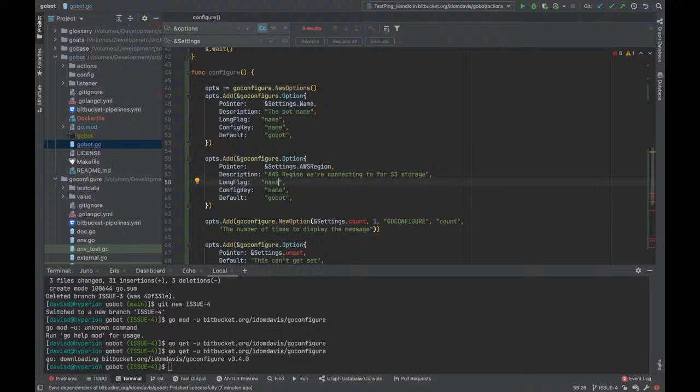Not entirely sure if you need AWS region for S3 storage, but I'm pretty sure that the library that I use to connect to AWS does require a region. So this is going to be region. A config key is going to be AWS region, and the default is going to be EU